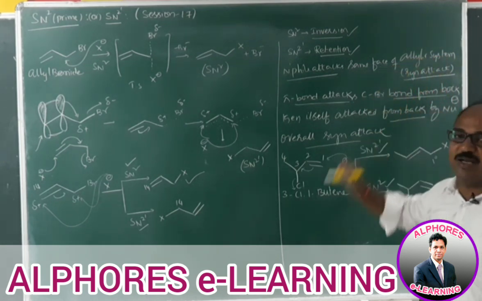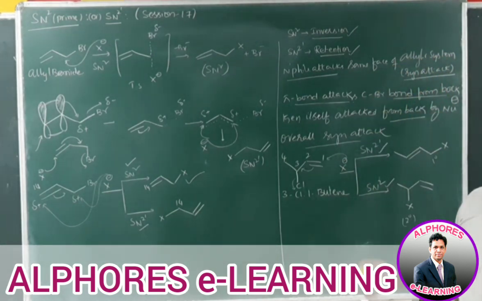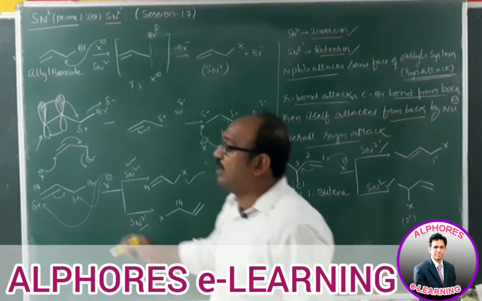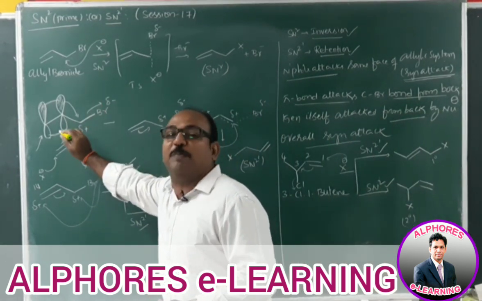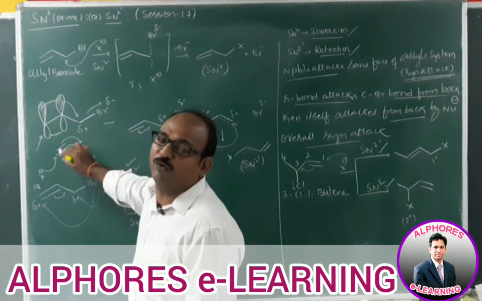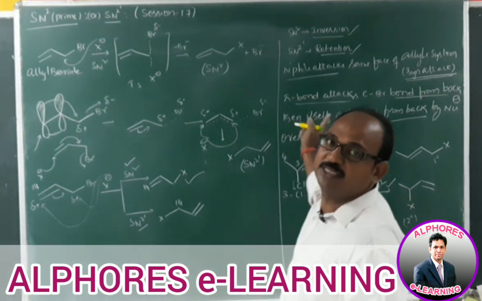Here it is retention because of double inversion. It is retention because of same phase attack, the attacking nucleophile and the departing leaving group are both in the same phase. That's why this attack is called syn attack. So with respect to the leaving group, the attacking nucleophile is a syn attack, we can say. But with respect to the leaving group, pi electrons attack from the rear side, and with respect to those pi electrons, the nucleophile again approaches from the rear side. Because of twice anti, it will be syn.